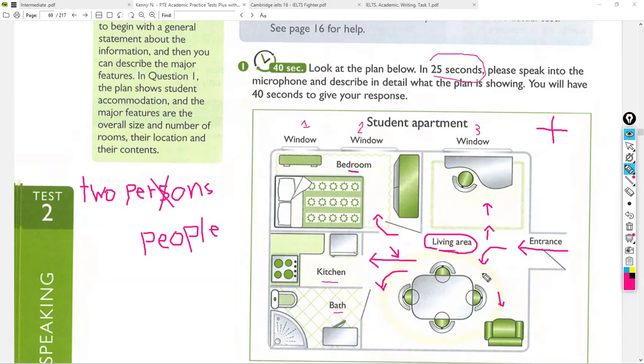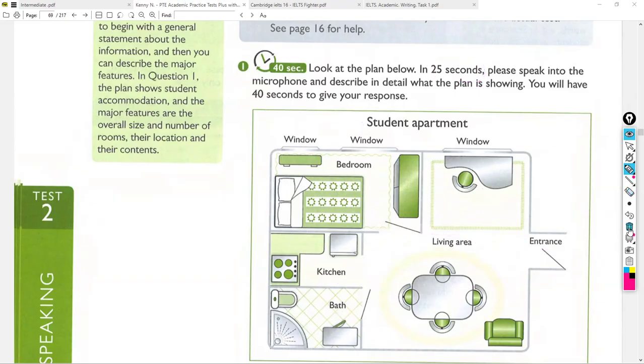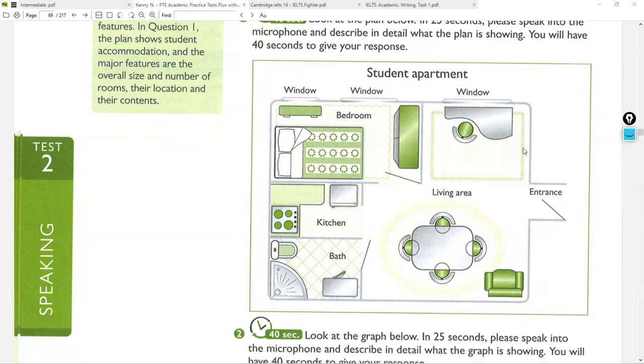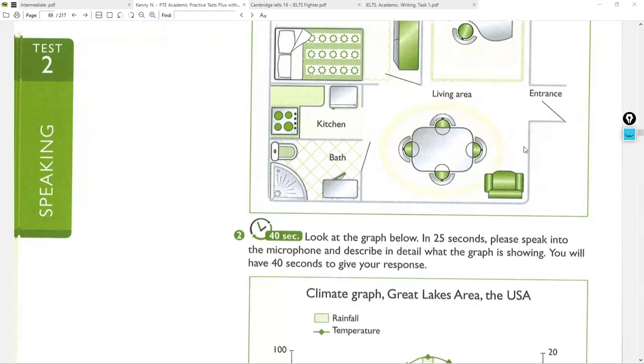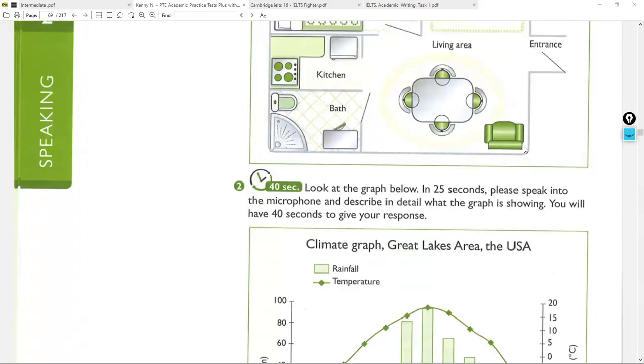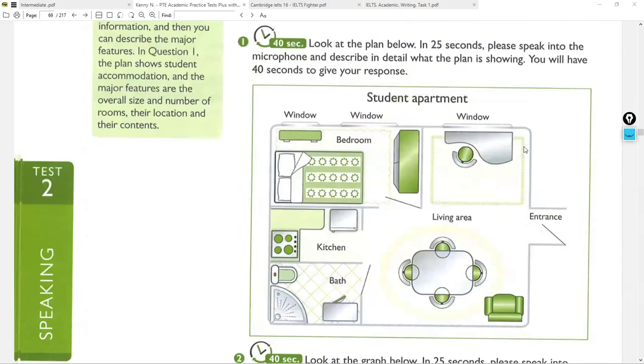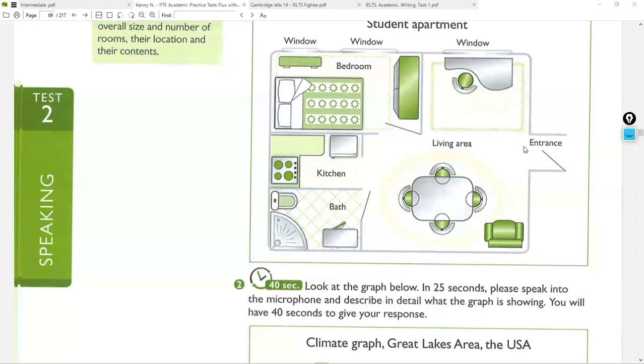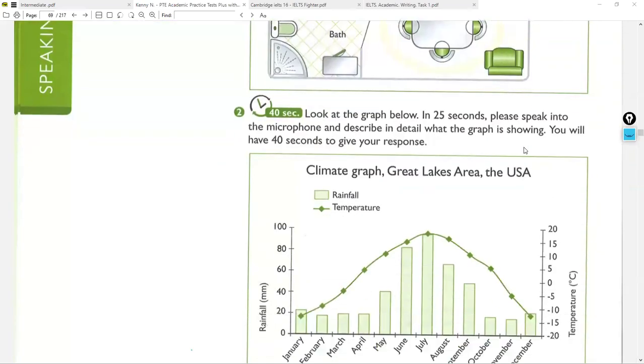So, describing an image is as if you are describing something for me, I don't know. All the time, if it is a room or an area, you have to keep in mind that it is as if I'm describing this area or this room to someone I don't know, or even that person doesn't know the room. So be careful about the description. Okay, so this is a drawing. To be honest, drawing is the easiest task in the PTE exam.